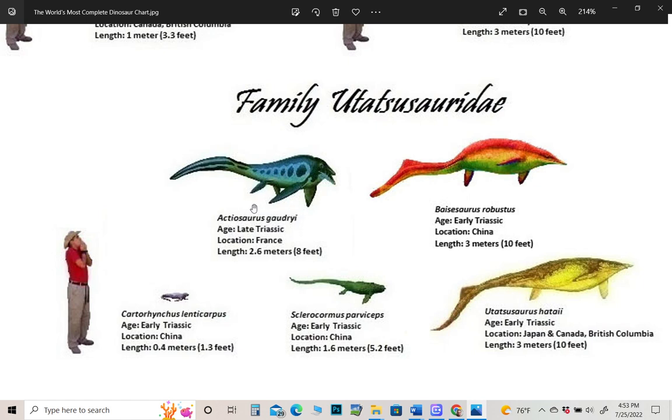These are the most basal ichthyosaurs, by the way. Ichthyosaurus, Basisaurus, Cartarynchus, which I think is just outside of it, but this is the most basal ichthyosaur. It's really more like a lizard with flippers. Sclerocormus,